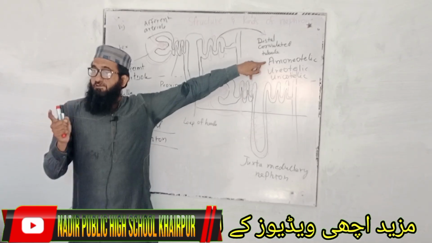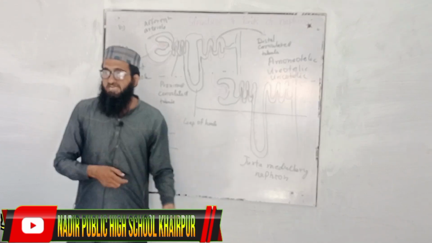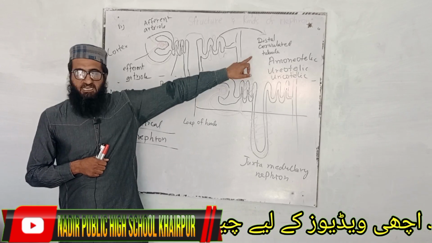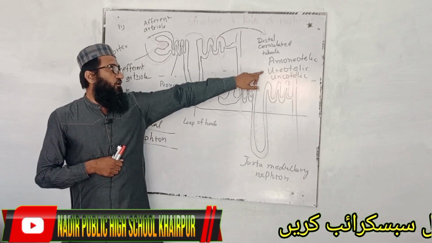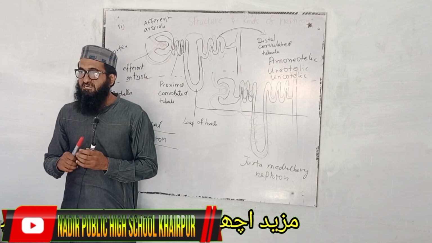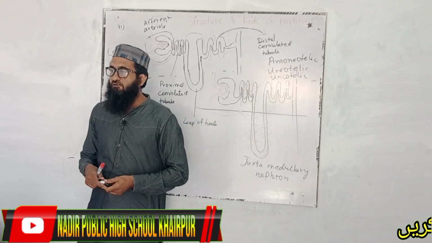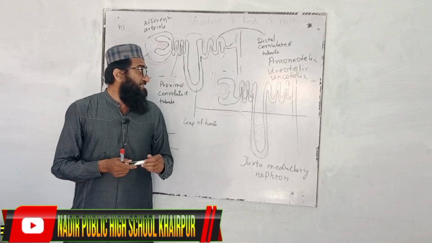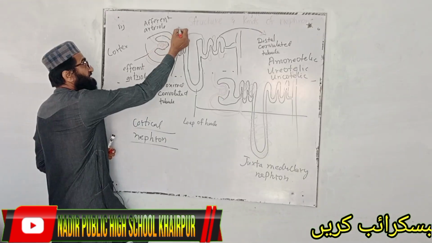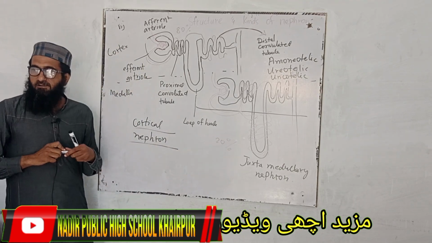So I told you before that if the elimination of nitrogenous waste is in the form of ammonia, it takes too much quantity of water. So only aquatic animals afford this type of excretion, while we belong to ureotelic organisms and we cannot afford such wastage of water. So in our body, ammonia is converted into urea and then eliminated from our body. So in case of ureotelic organisms, in humans there are 80% cortical nephrons, whereas only 20% are juxtamedullary nephrons.